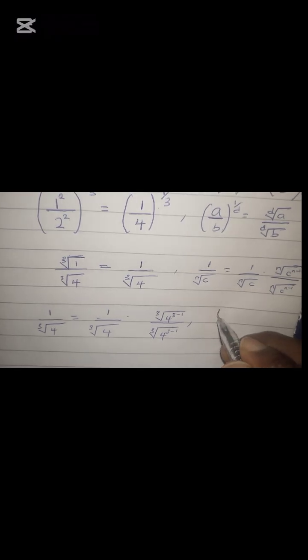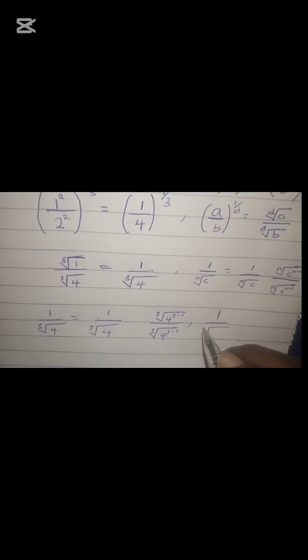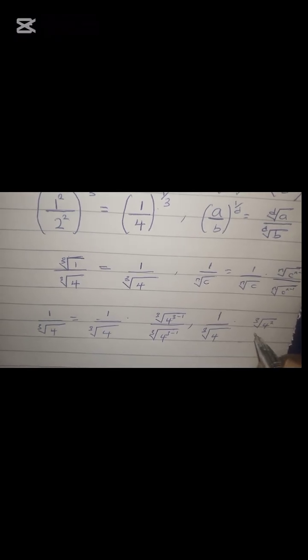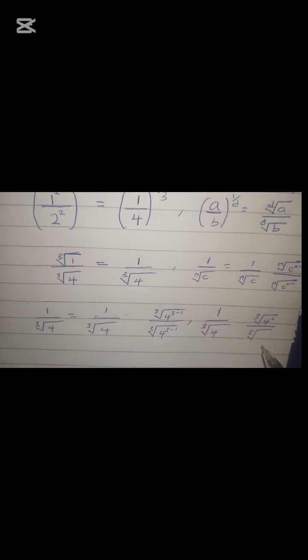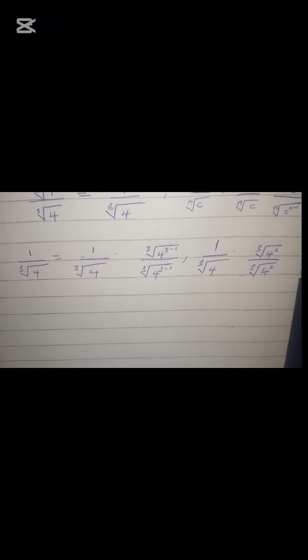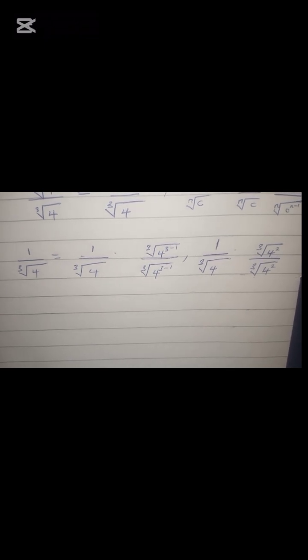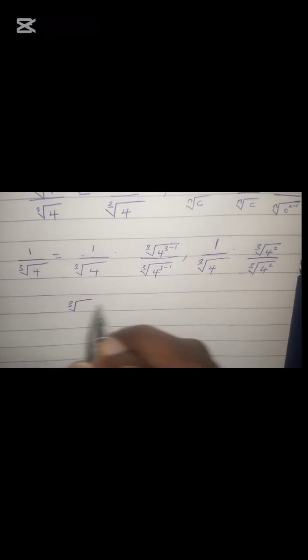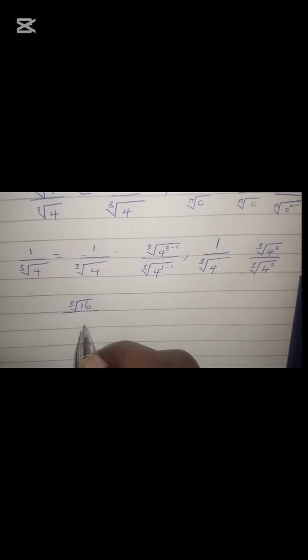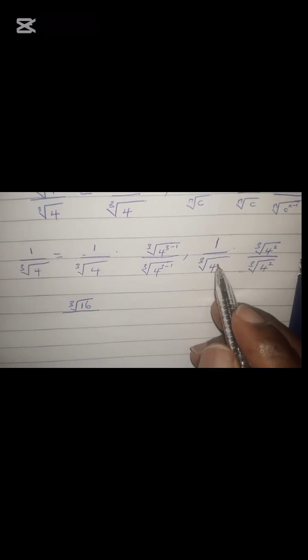Having done this, we simply have 1 over the cube root of 4 times the cube root of 4 to the power of 2, over the cube root of 4 to the power of 2. So this is what we are now having. Having done this, what are we simply going to do again? We can simply write the cube root of 4 to the power of 2, which is 16. So we are writing the cube root of 16 over